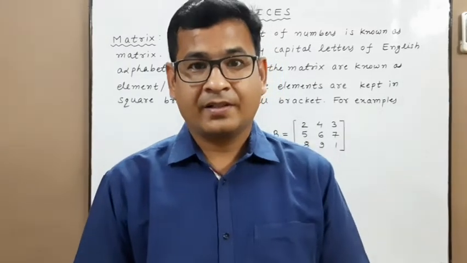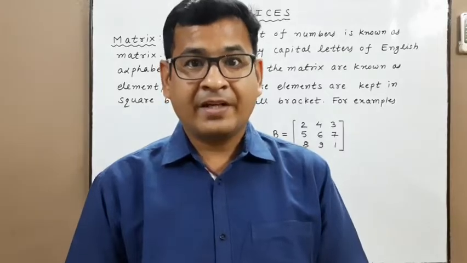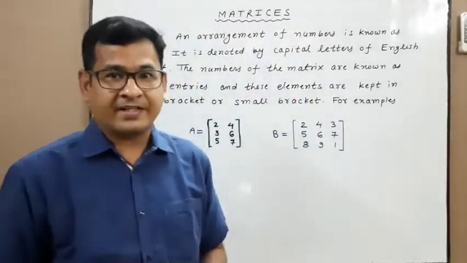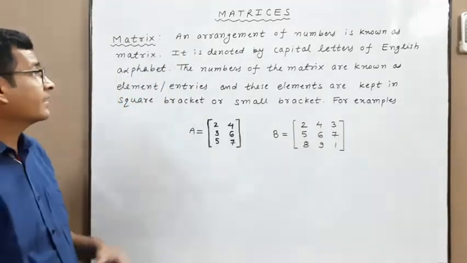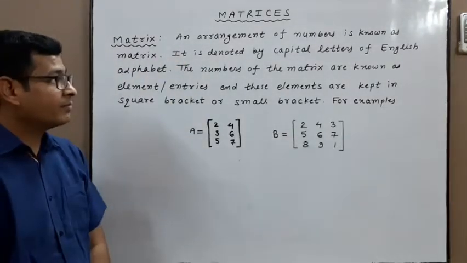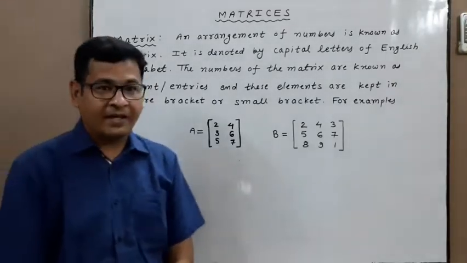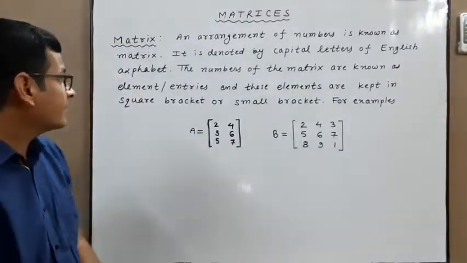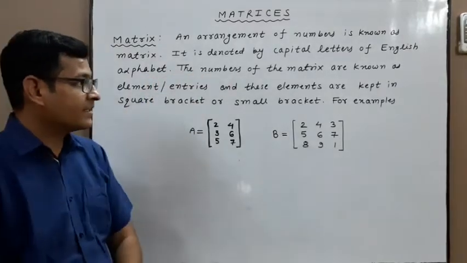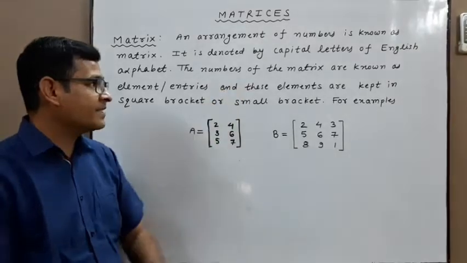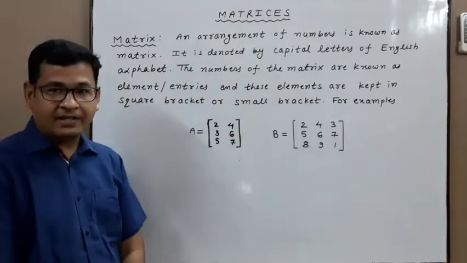Hello students, today we are going to discuss matrices, chapter number 3. What is a matrix? First definition. An arrangement of numbers is known as a matrix. It is denoted by capital letters of the English alphabet. The numbers of the matrix are known as entries or elements, and these elements are kept in square brackets or